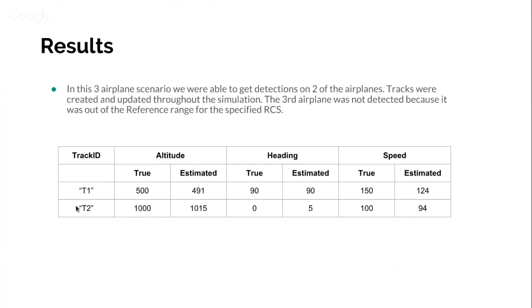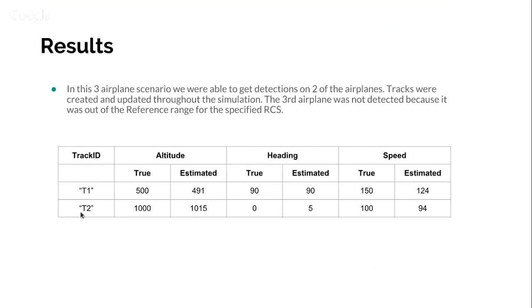The tracks were created and updated throughout the simulation, and as I said before, because of the reference range and the specified RCS of that 3rd plane, we didn't get detections on him. And if we would have had more time, we would have done a little bit more of a sensitivity analysis and shown plots. But yeah, I think there's actually a bug with something in the Matlab code that I was actually emailing the MathWorks guys about. But anyway,